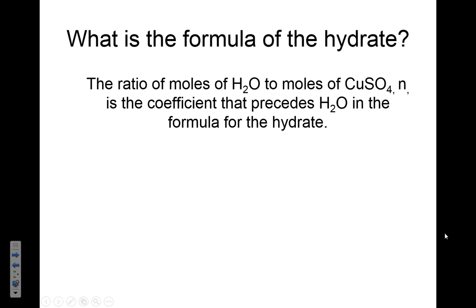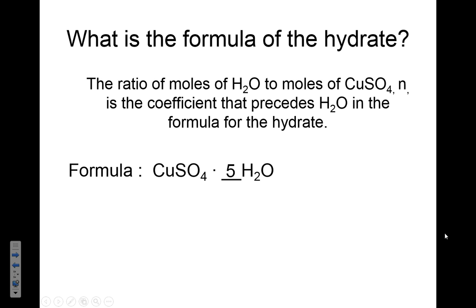So the ratio of water to copper sulfate is going to give me N. And remember, that's going to precede the water in the formula of the hydrate. So remember, it was some number in front of the water. Well, we just figured out the water number was 5. So that would be our final answer. This is a pentahydrate, CuSO4·5H2O. And don't forget, when you've done the math, don't forget to write it then as a hydrated crystal formula,